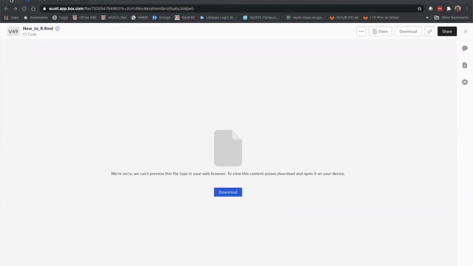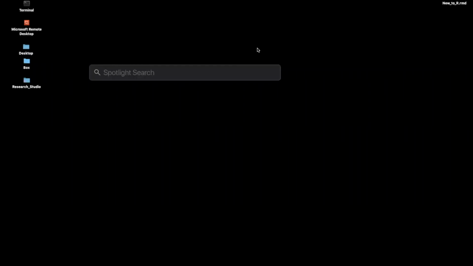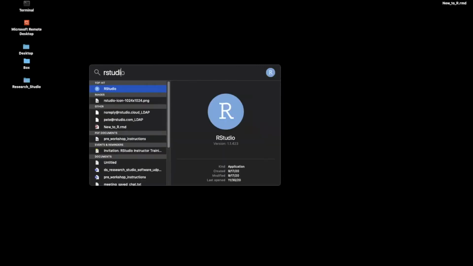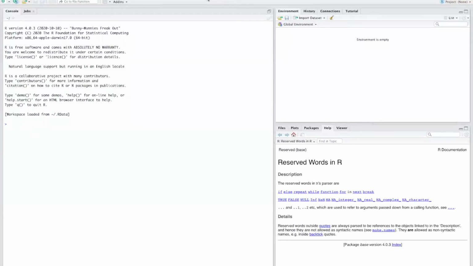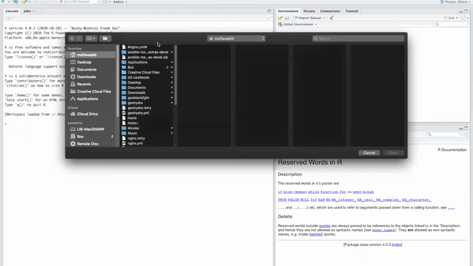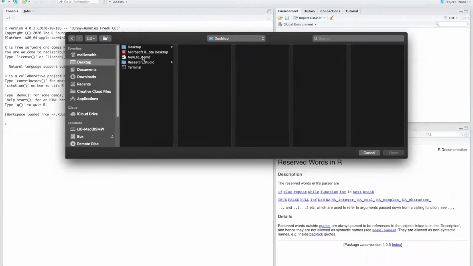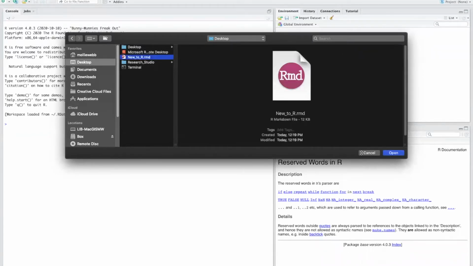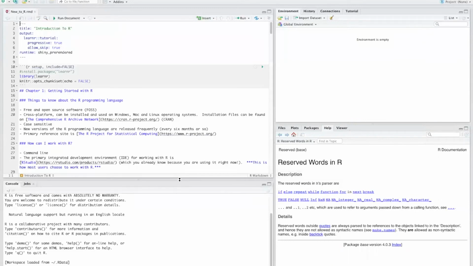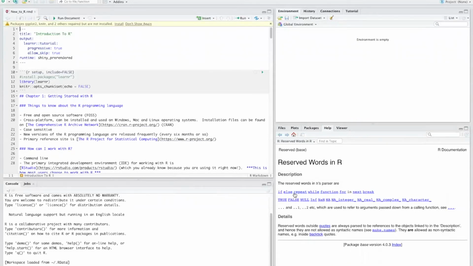Next, I'm going to minimize my web browser, and I can see that New to R Rmd file on my desktop. I can either double click on this file, or I can search for RStudio, which is going to open up my RStudio interface. Next, I'll go to File, Open File, and I'll navigate to my desktop where I saved the new to r.rmd file. Okay, now that I have my file open,